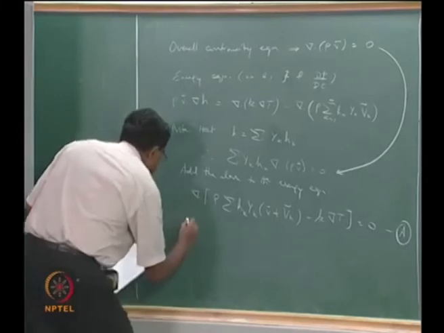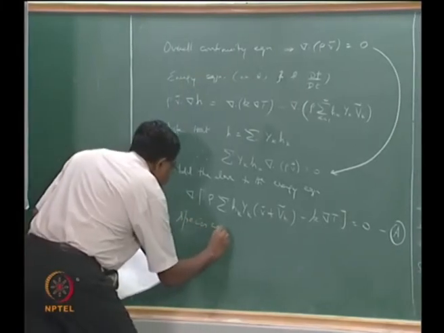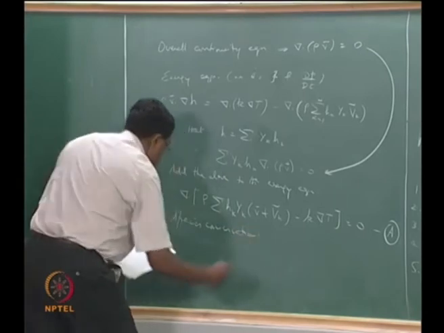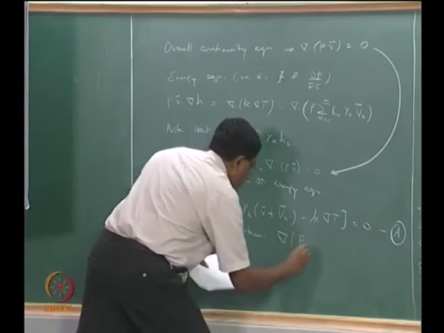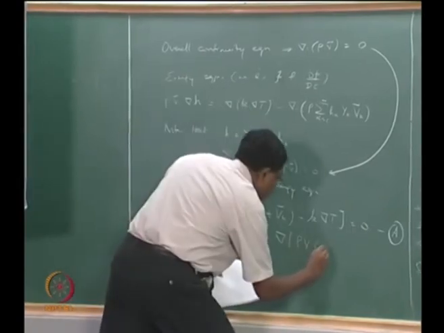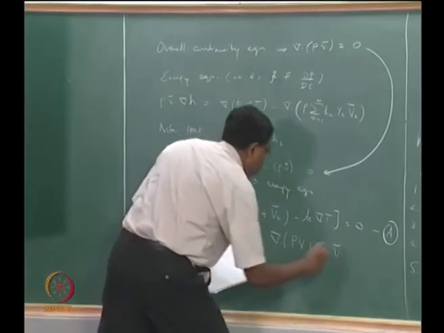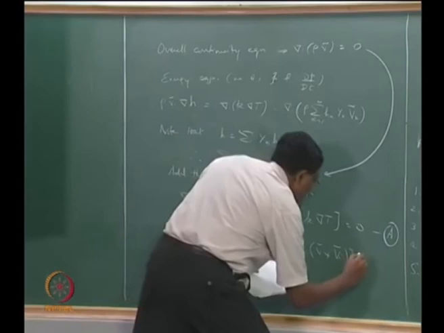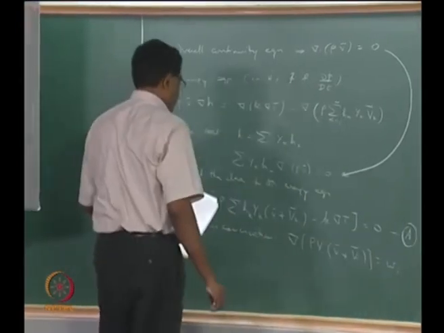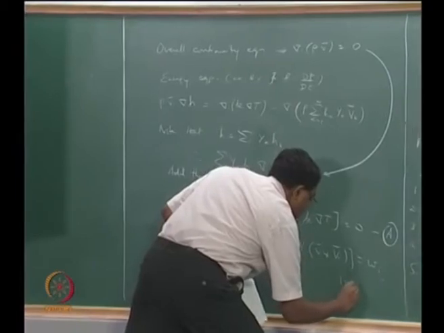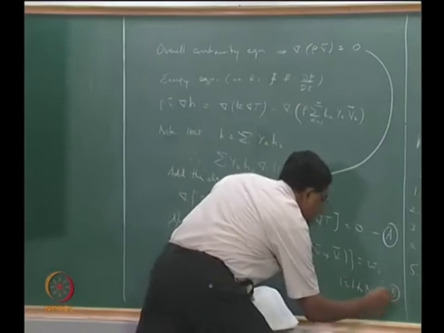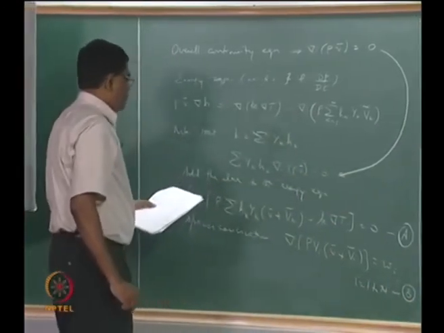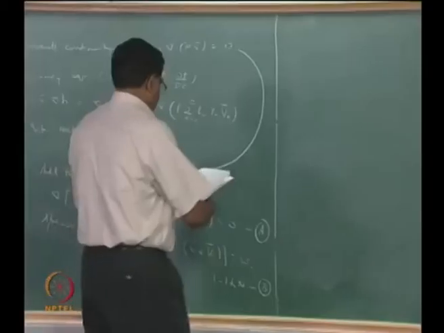So we now say species conservation can be written as divergence of rho Yi times (v plus capital Vi) equals Wi, i equals 1 to n. Now let us just start this saying this is B, okay. So what I am basically saying, and I will stop. So basically note that